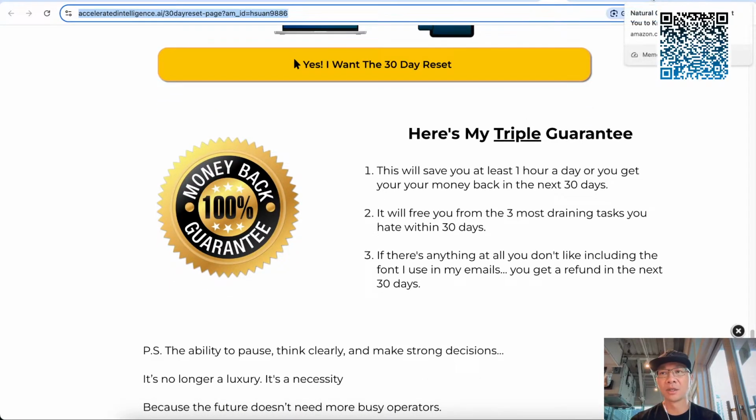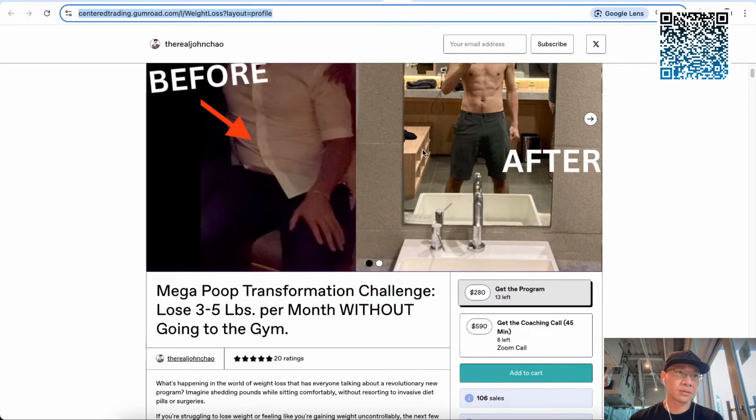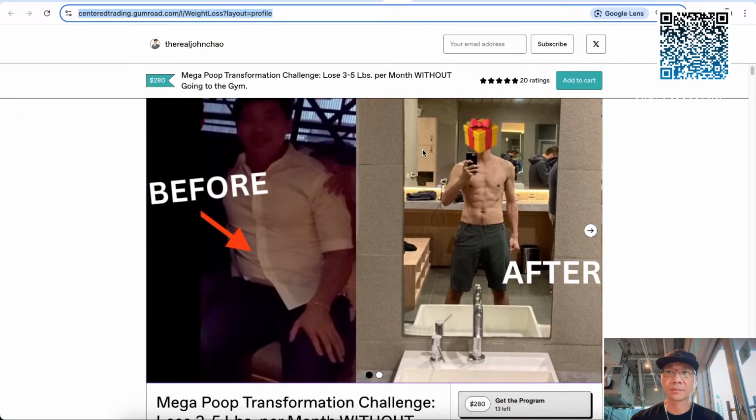There's no money back guarantee with my program. If you buy it, then you do the protocol. You're going to have to do it, because